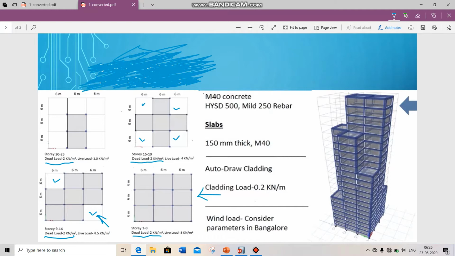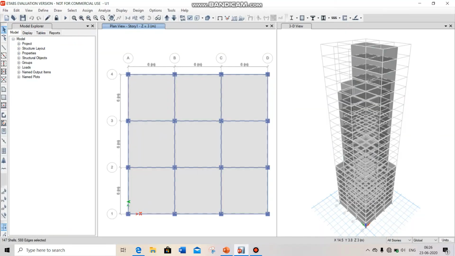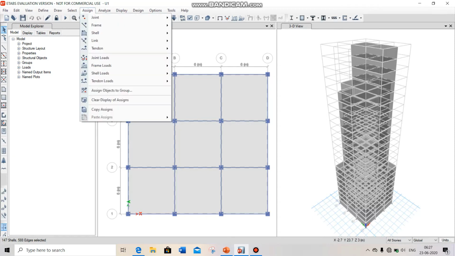And similarly in 20 to 23 there are also no shells. So that's why you have to come to the story box and choose all stories, and you have to select all shells of the slab, and then go to Assign and click on Shell Loads.